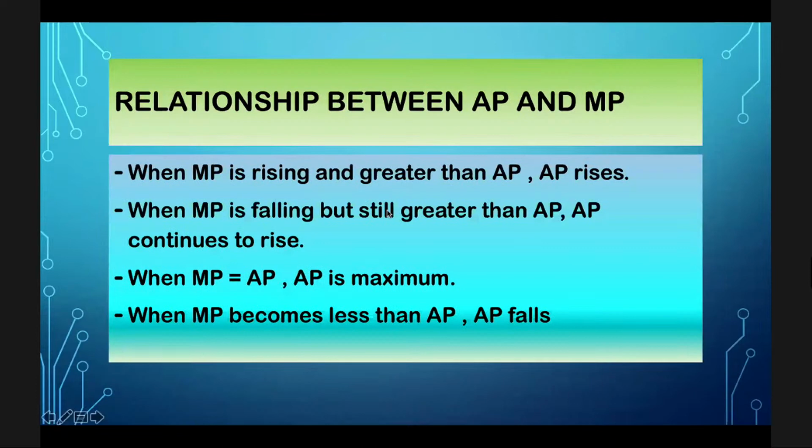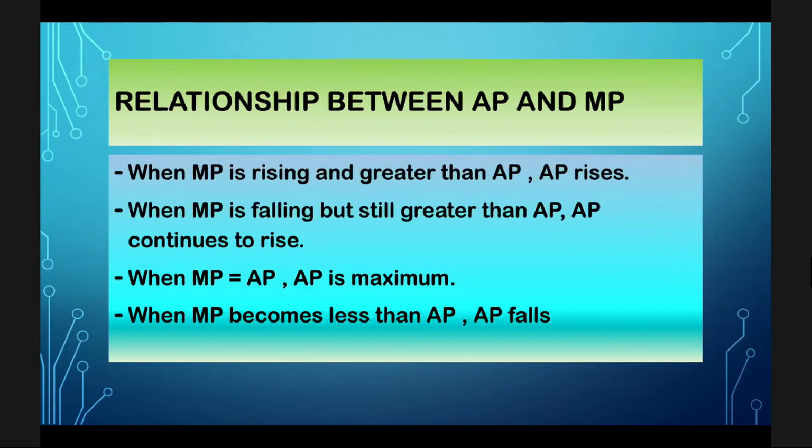in the relation here. When marginal product is rising and greater than average product, average product rises. So if in each next inning he is scoring more and more than his average, then his average will rise. When marginal product is falling but still greater than average product, average product continues to rise. That means even if the run scored starts falling, but it is still greater than his average, the average will continue